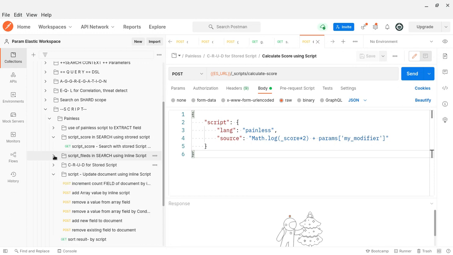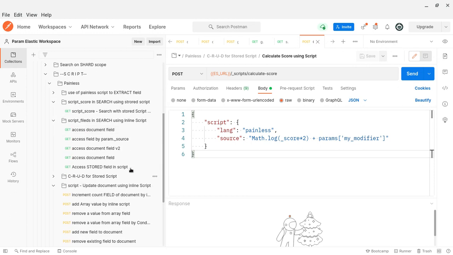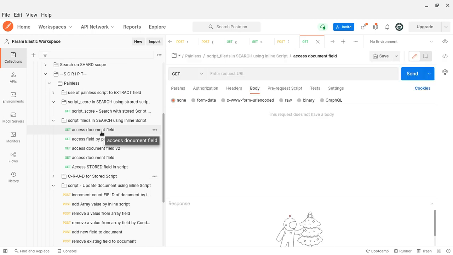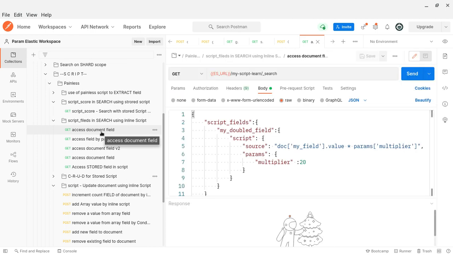Then of course script field. In the script field we have done many things: we have modified the field value, deleted the field value, added a value to the array. Many things have been done. Now here you can see it is accessing the document. It's a painless script. A second painless script. Here I have not specified which language, but by default it's painless. Painless script accessing the document value should have dot value at the end. If it is params, this is the syntax for params. That is what is different.